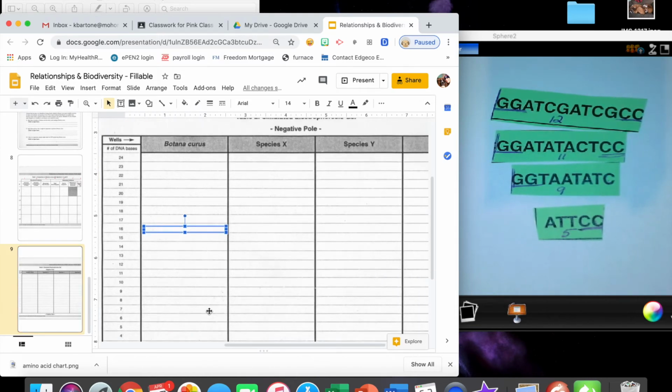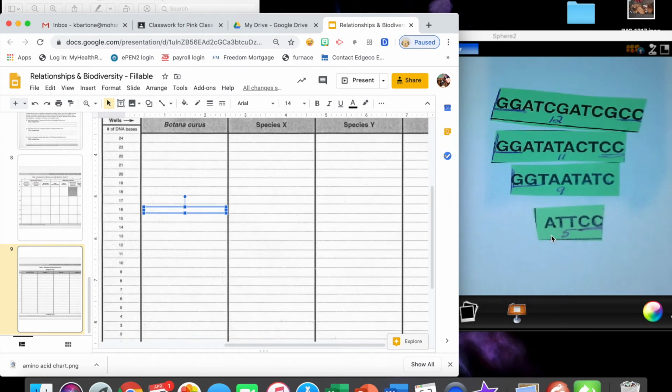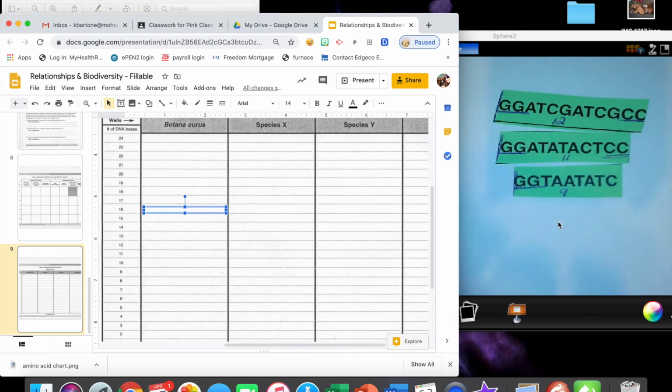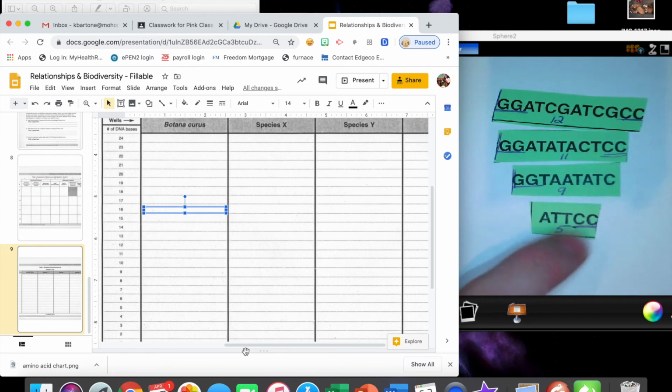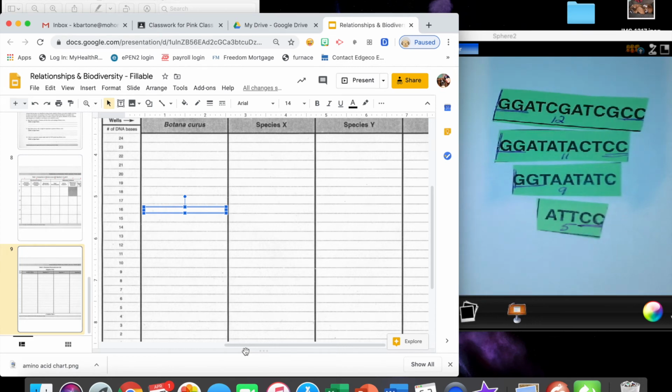So here's how you're going to do this. For Botanicurus, see over here we have a 5, a 9, an 11, and a 12, okay? I'm going to take the 5. Normally, in real life, you'd take this little piece of paper and tape it down on top of the lab, right here under Botanicurus for 5. Obviously, because we're doing a digital version of it, we can't really do that. I can't figure out how to take this little strip of paper and tape it onto my computer screen. But what I can do is take this box